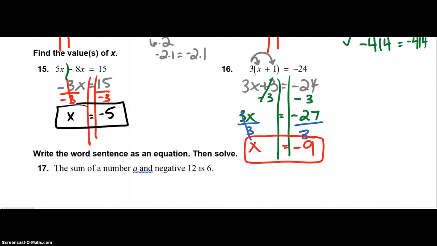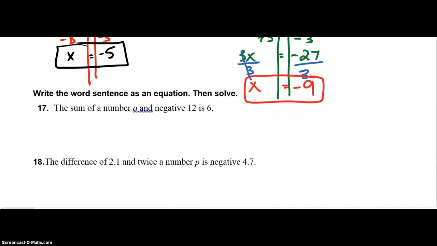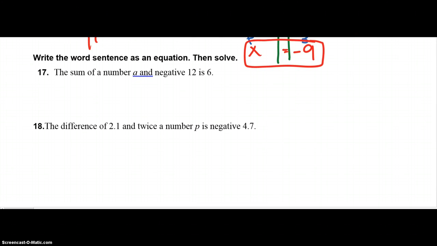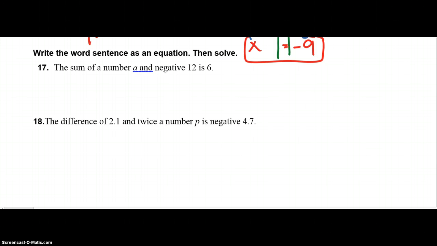17 and 18 have a separate set of directions. It says write the word sentence as an equation, then solve. So there's two different pieces here. We first have to rewrite this sentence as an equation, and then we have to solve it. So it says the sum, so we know that's going to be addition, of a number a, so that's one variable, and negative 12, which is negative 12, right there,